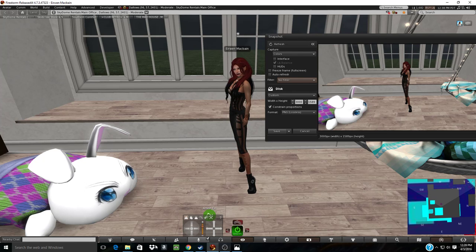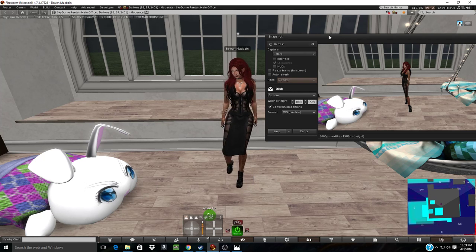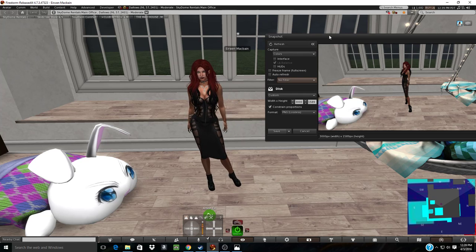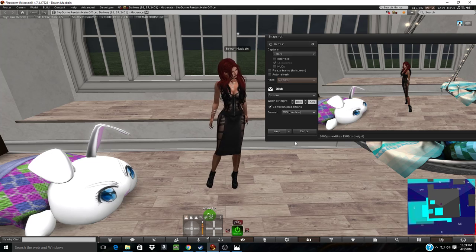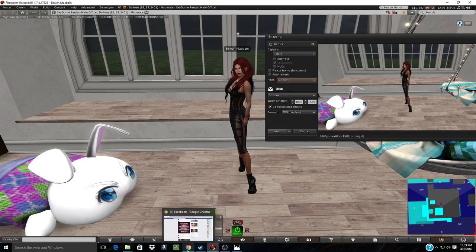I usually do all that stuff post-op, in my version of Photoshop. Okay, so that's basically it, you want those settings,